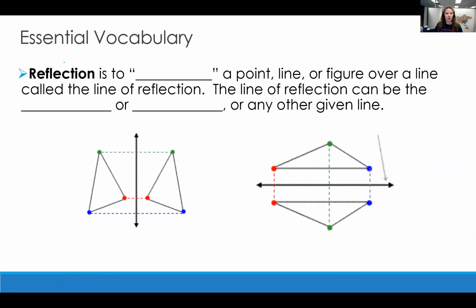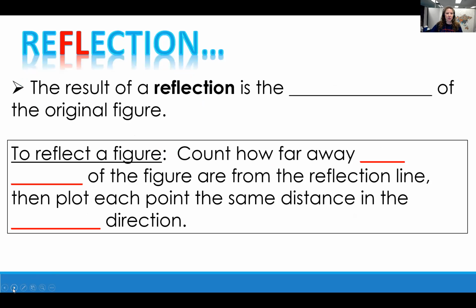If you are reflecting, that means to flip a point, line, or figure over a line called the line of reflection. So you flip it, it's like a mirror image. The line of reflection can be either the x-axis or the y-axis. Really, it could be any line on a coordinate plane, but in 8th grade, we're just focusing on reflecting something over the x or y axes. So the result of a reflection is the mirror image of the original